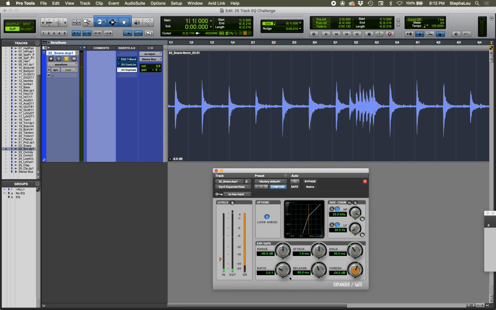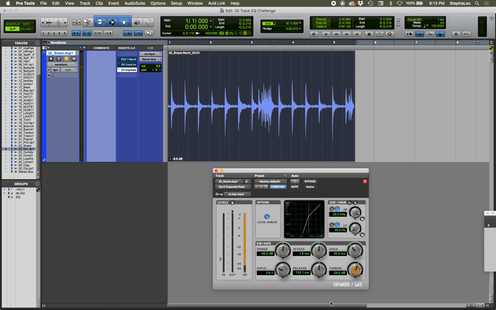Yeah, very clear that you can kind of hear that fade in moving in and out on each hit, right? Let's do the release now. The fade out. Pretty cool. So a gate can actually save you a lot of time editing your audio,